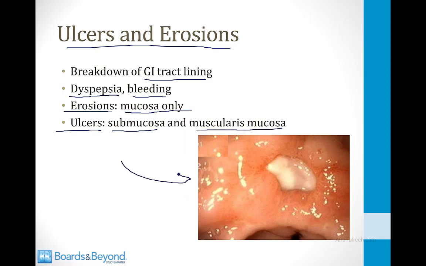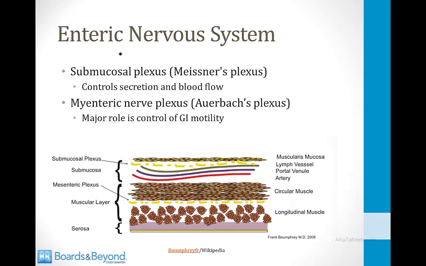This is a picture of an ulcer on the screen here, and this type of lesion would involve the submucosa and probably the muscularis mucosa as well. I'll finish this module by discussing the enteric nervous system. As I mentioned before, there are two nerve plexuses in the layers of the gastrointestinal wall. The first one is called the submucosal plexus or Meissner's plexus, and the second one is called the myenteric nerve